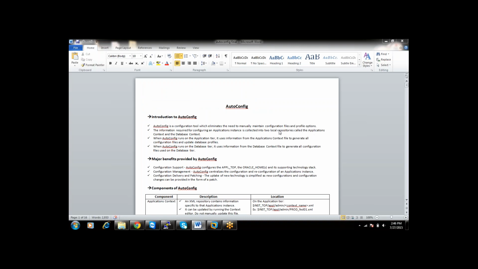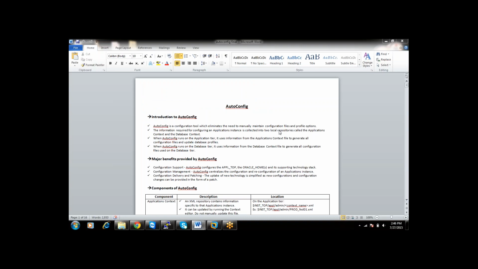So I will ask you a question first of all. What is the configuration file for your database? TNS, listener, SQLNet, pfile, SPfile. These files are all the configuration files for your database, right? Yes, correct. If you want to modify any configuration file, what will you do?